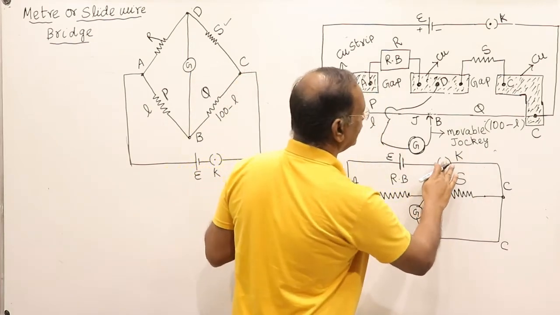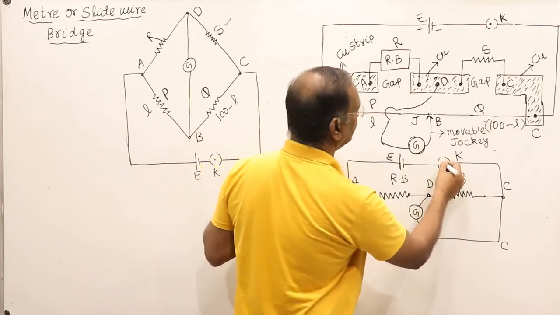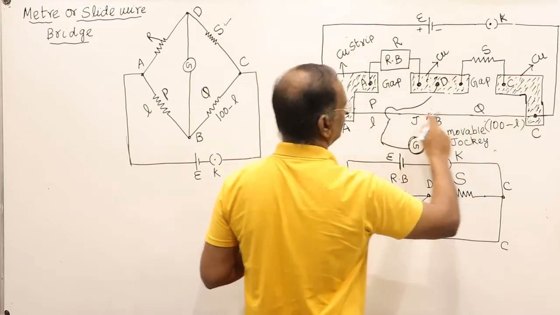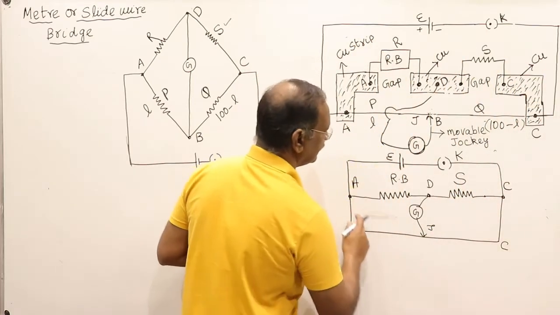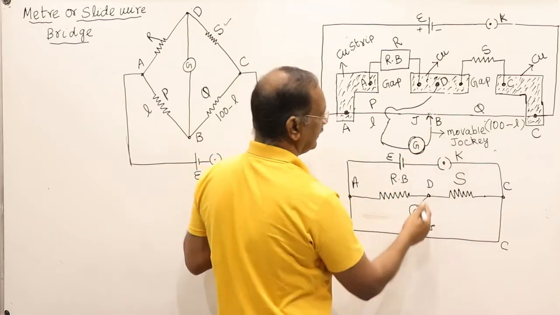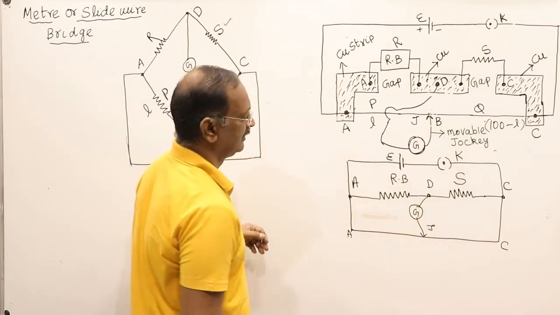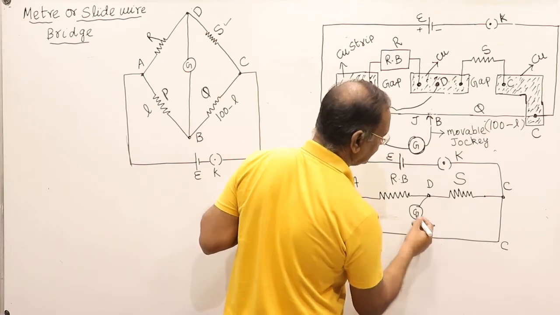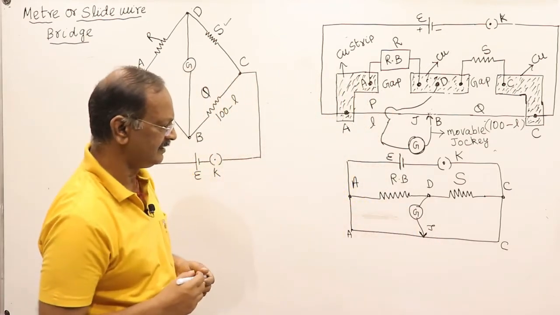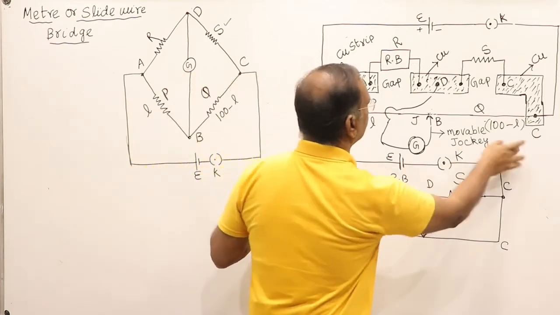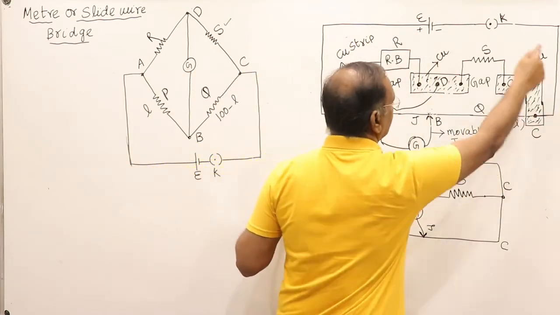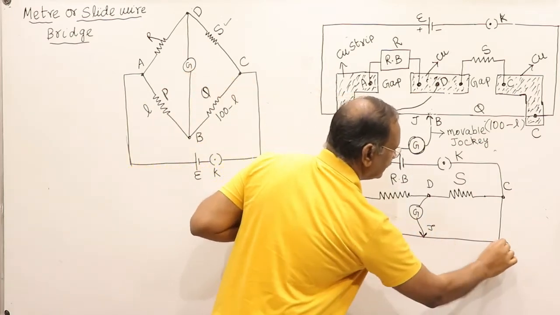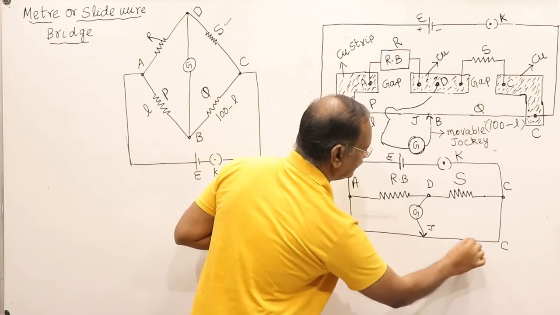When the key is switched on, the current will pass through this wire. The circuit will complete. And from D we have connected a jockey through a galvanometer. In balance condition, the current will be flowing from here to here. We move this jockey across A to C, that is, from here to here, here to here,